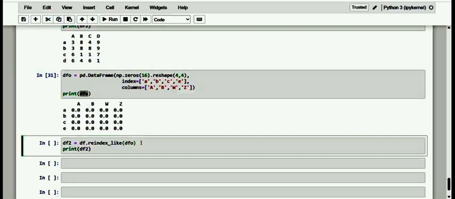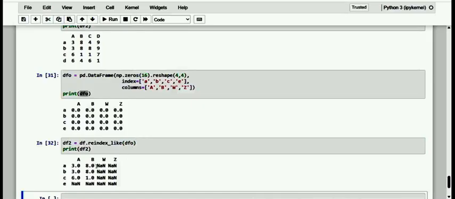So how does it happen? As we have already discussed, if in the reference data frame some labels are not present, the corresponding rows or columns will be removed from the new returned data, and of course it would have the new data with NaN, which we specify as missing.